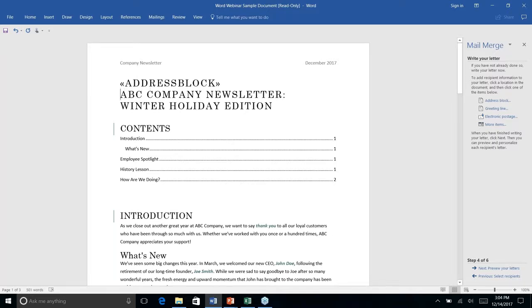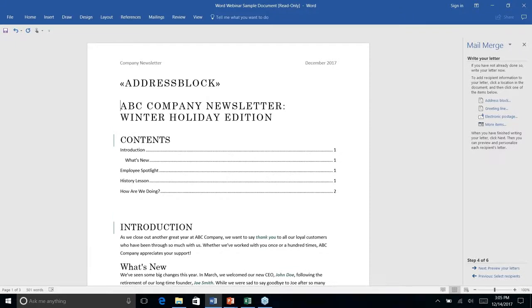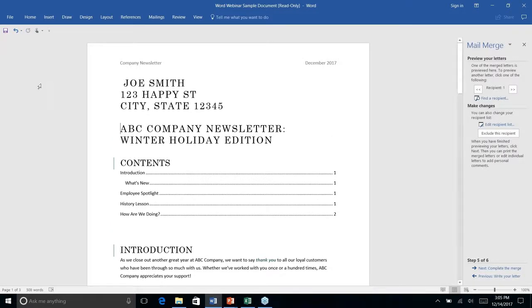Make sure, though, that if it starts a line that you do hit enter to put a break in. Otherwise, it's going to start the existing text right after the end of the address block. So make sure that you do give that some room to breathe in the document that you're preparing. And if you forget that step, don't worry, because when you go to preview your letters, it's going to show